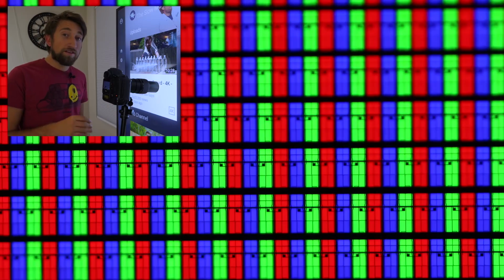We're now looking at the sub-pixel level. A pixel is made up of 3 sub-pixels, red, green, and blue. RGB, you may have heard that before. And this creates the illusion of different colors. By dimming and brightening different sub-pixels to different intensities, this screen can create the illusion of literally millions of different